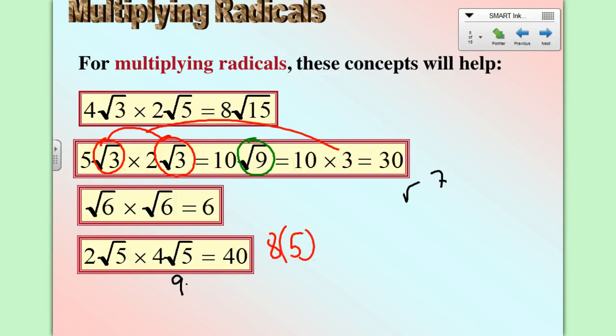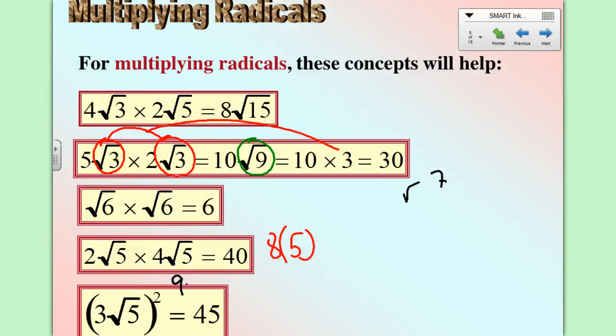I'm not going to think of that as root 25. Root 5 times root 5 is just 5. And lastly, 3 root 5 squared, well, 3 squared is 9, and root 5 squared is 5, so that's really just 5 times 9, which gives you 45, right? So we can start to do these things